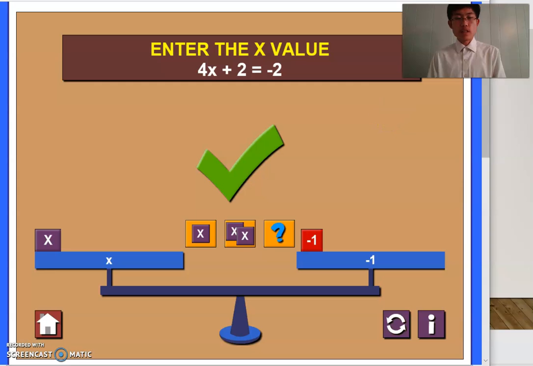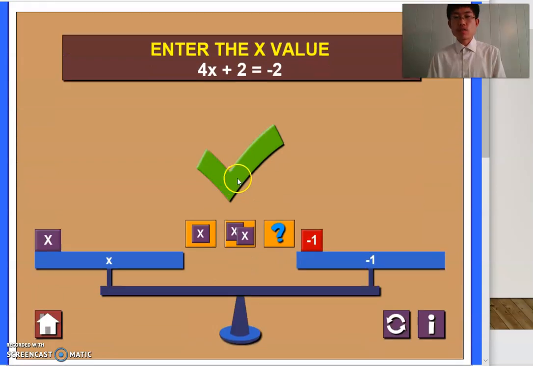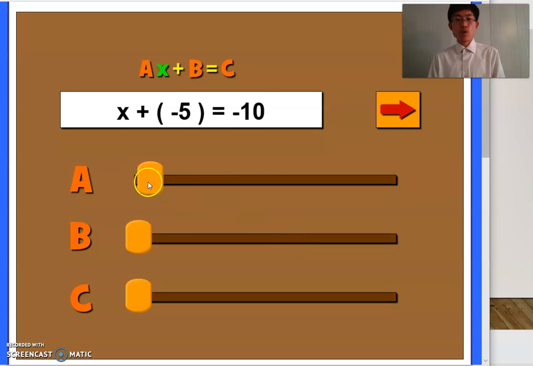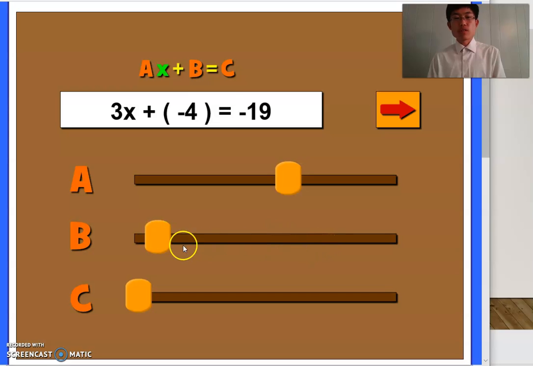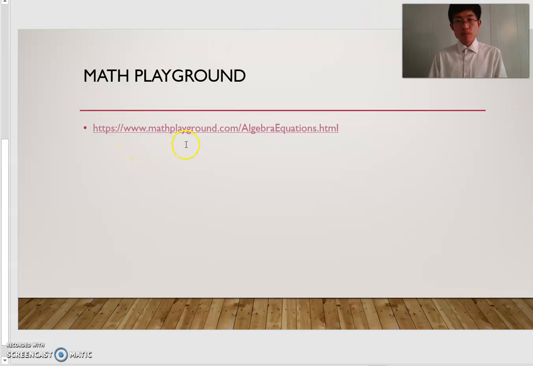And that is it. This website has lots of things that you can do. This one has a question mark, but you can actually make your own. Just click and drag, like this. And then once you've got it, you can start your own equation and solve for x. But anyway, I'm not going to do that today. The next website I'm going to show is the